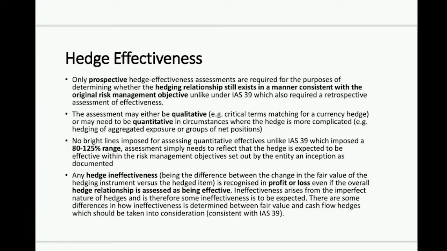You're going to have to design a quantitative assessment of how you're going to show that you expect the hedge to be effective. And the standard doesn't set out any one methodology that you need to apply to determine a quantitative effective hedge. This is where the folks involved in risk management, in order to decide on a strategy, need to know whether or not their strategy is working. In order to test that, they must have come up with a way in which they would test effectiveness. So rather than looking at it as an accounting exercise to comply with IFRS 9, the real question is, how does the risk management function know that the strategy they're employing is going to work? They must have a way of measuring it.